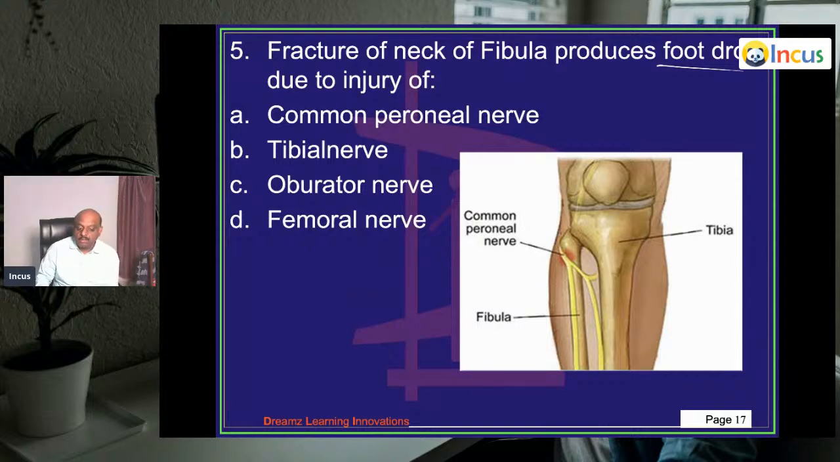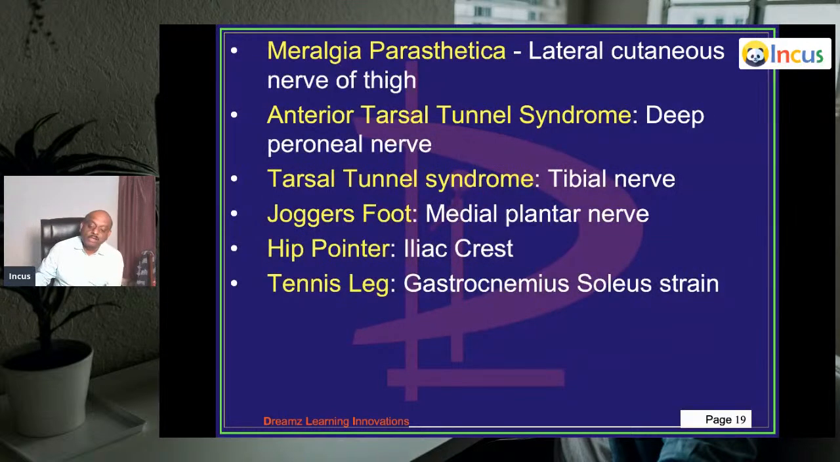So, it is the injury of the common peroneal nerve. The common peroneal nerve is the one which is being injured. So you should remember,